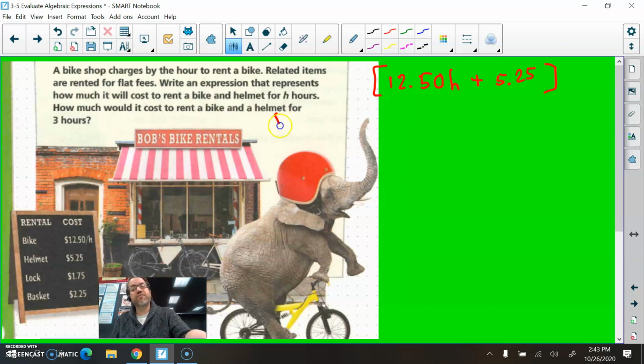And boy, I tell you, this elephant, I'm surprised Bob's Bike Rentals had that large a helmet. Anyway,